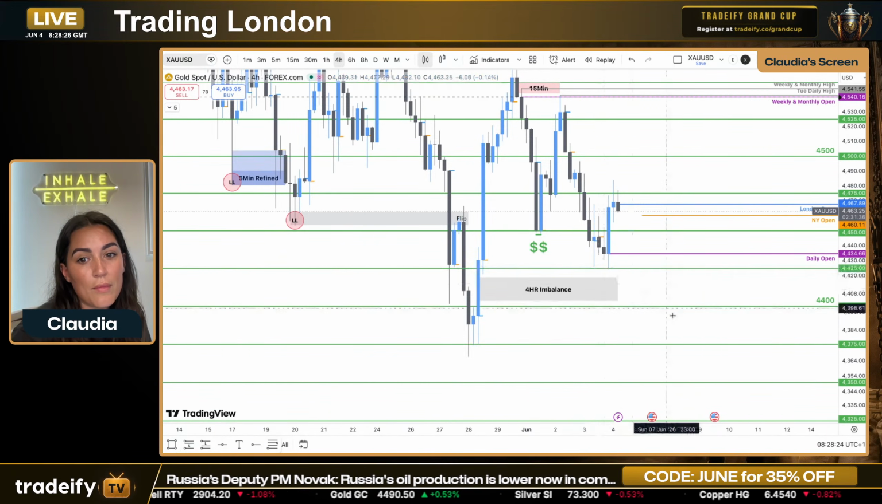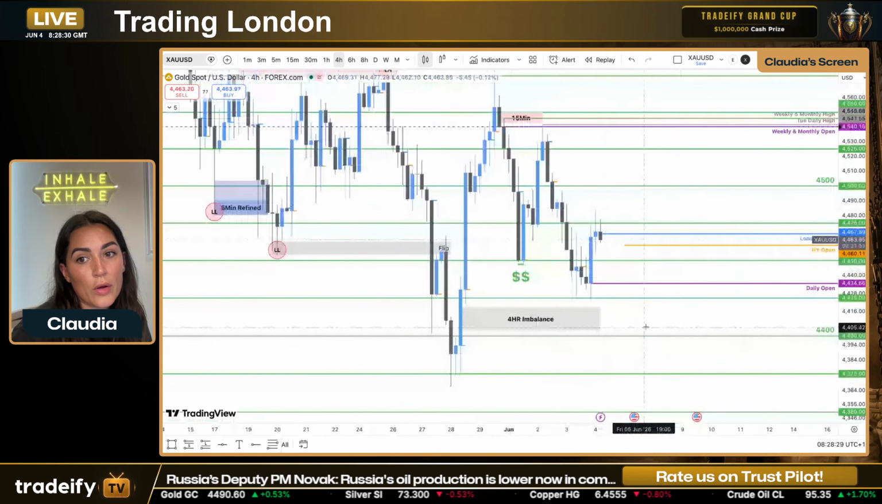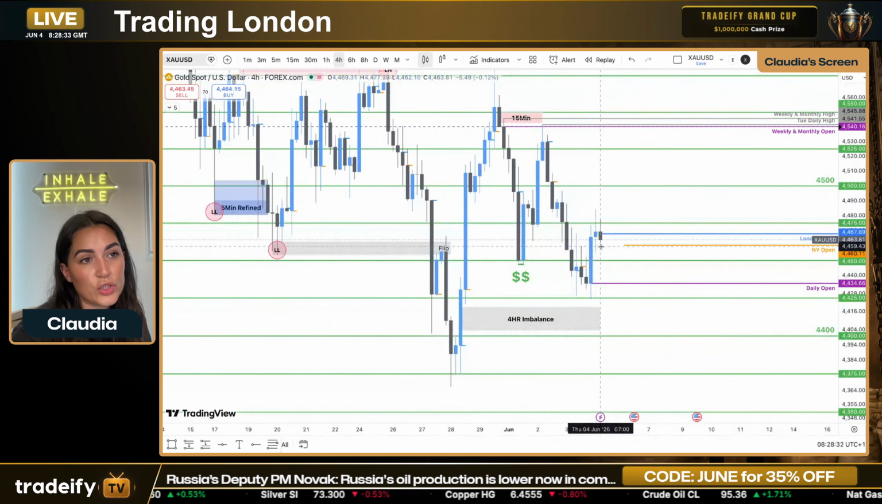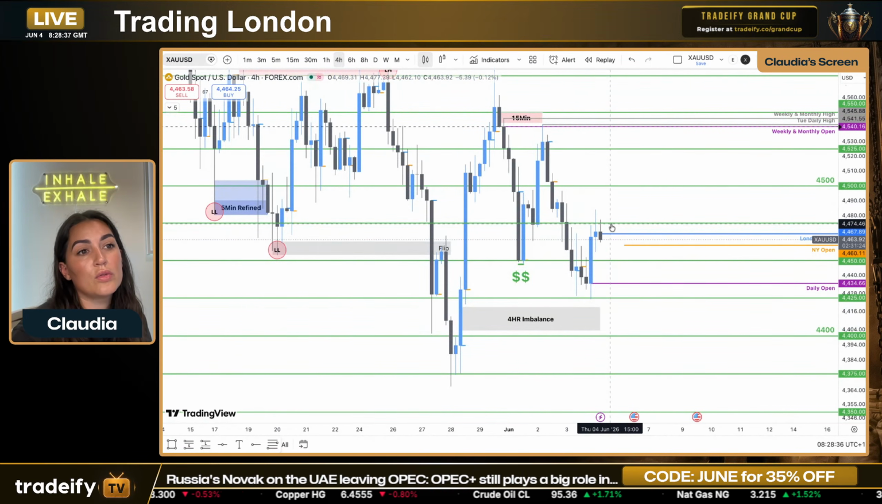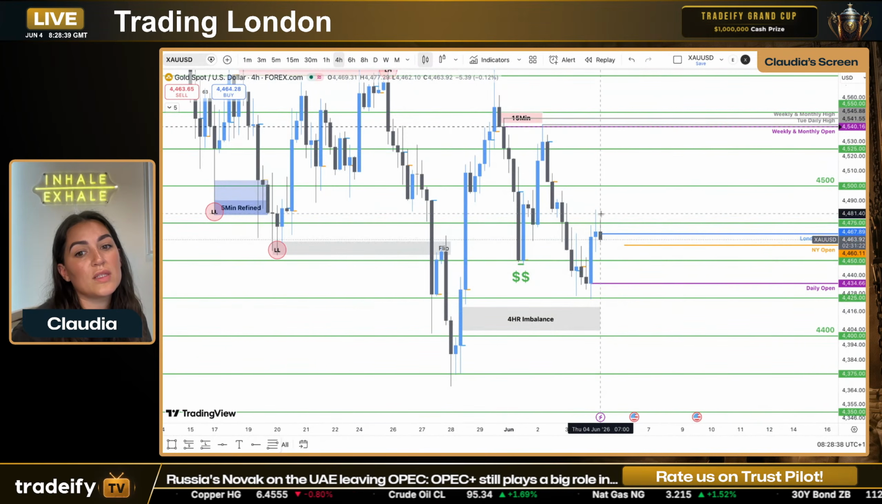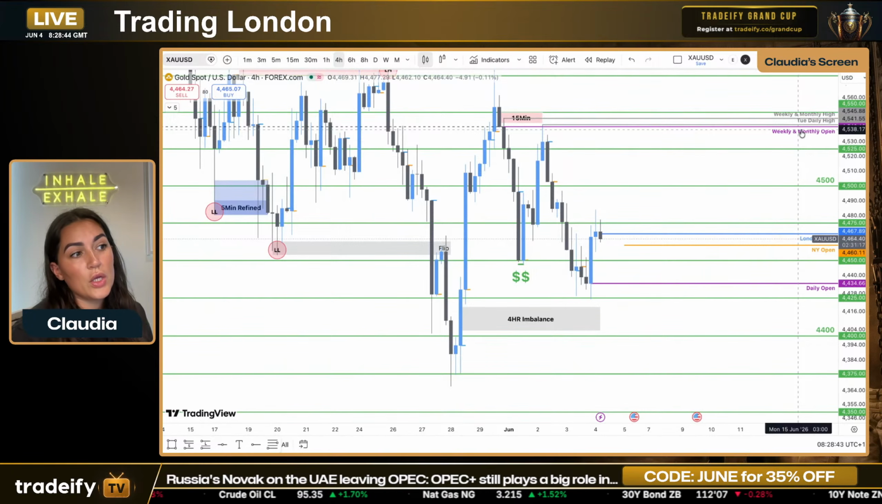So I'm liking the look of potential shorts down to here today, or else if price shows me that buying pressure is stronger than selling and we're seeing a series of lows holding, highs failing, price breaks above here, then I will be looking for buys towards the weekly and the monthly open. So yeah,